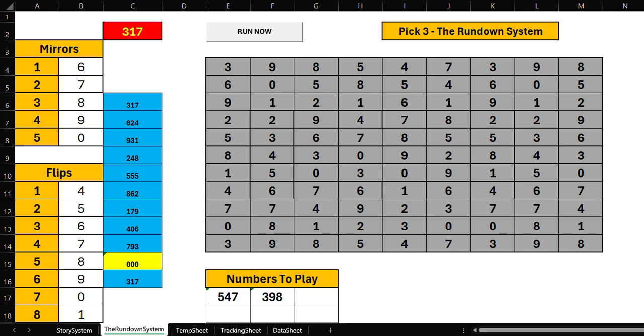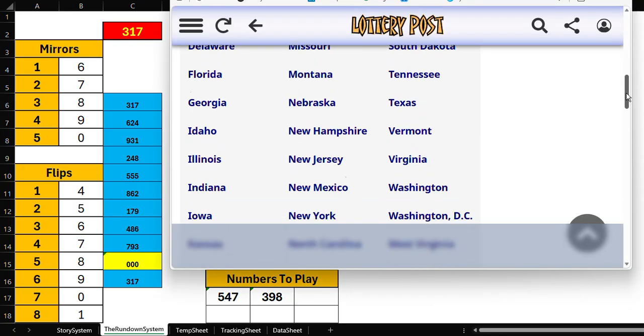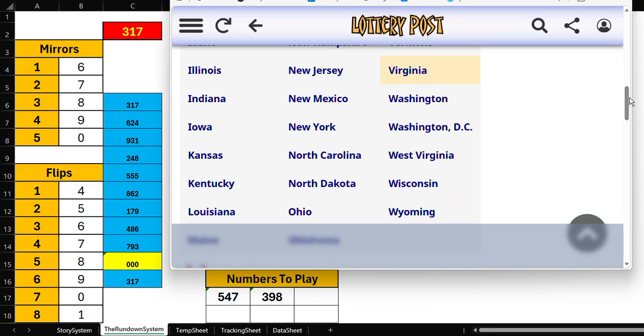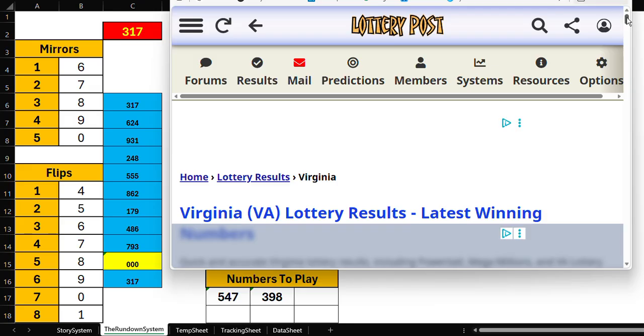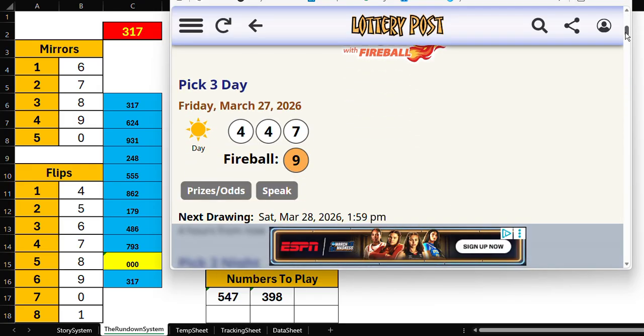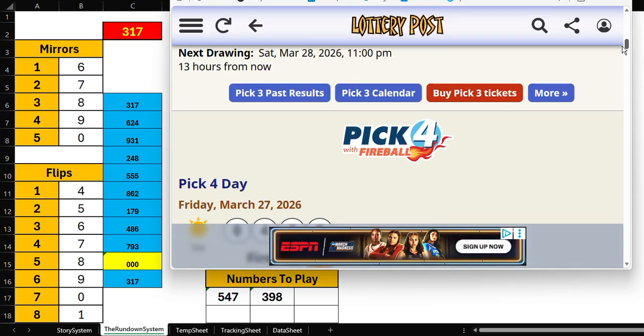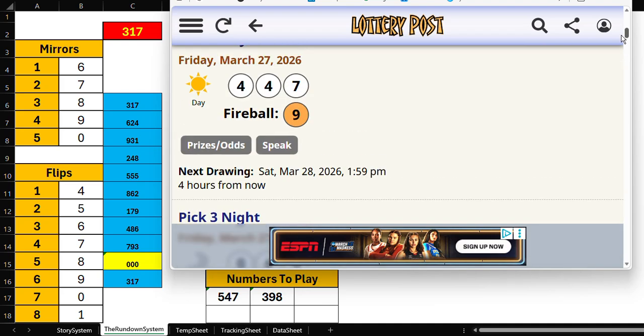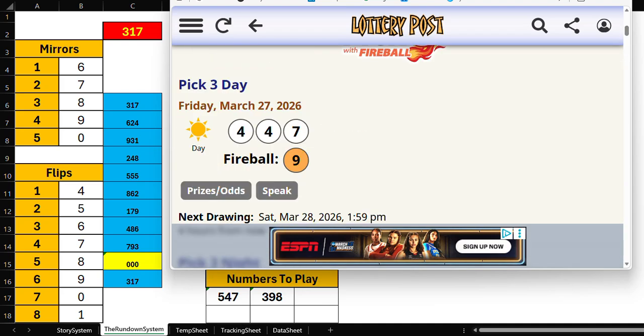Okay, so the state of Virginia is where we're going right now. Virginia. Okay, so we're going to look into the state of Virginia, and they have a pick three for day and night. So they have two draws. So the way I play pick three,